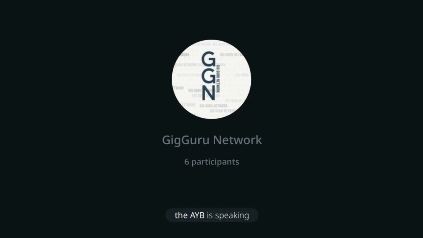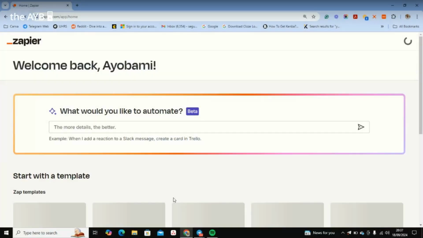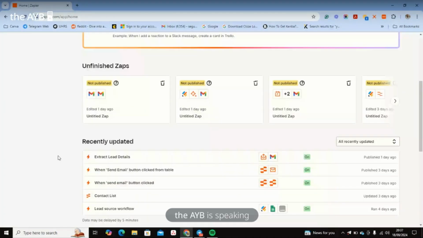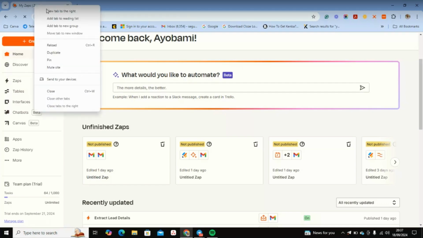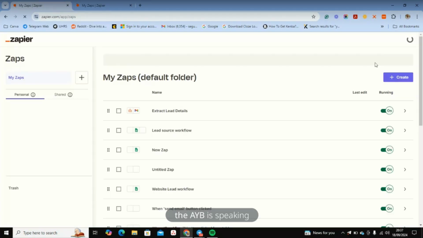So like I said, we just want to jump on. Let's see if we can create something nice from the zaps, and duplicate this particular stuff right here. So let's create a particular zap, including